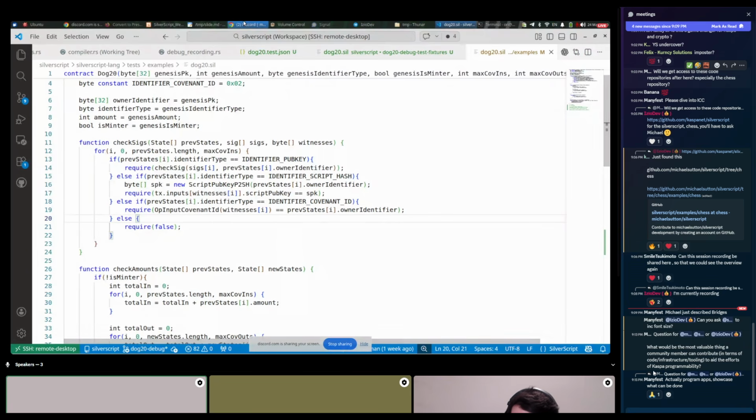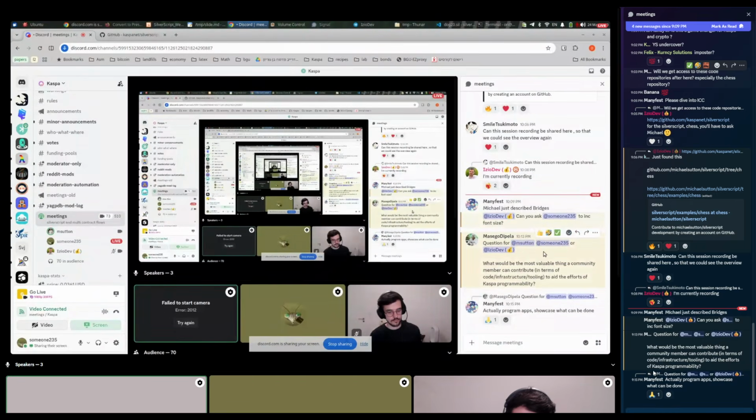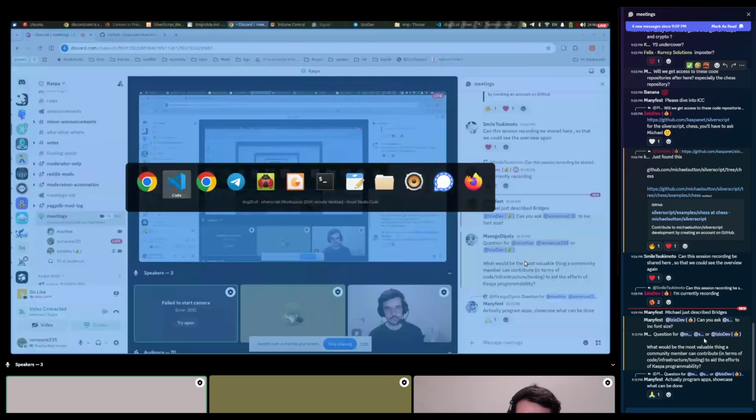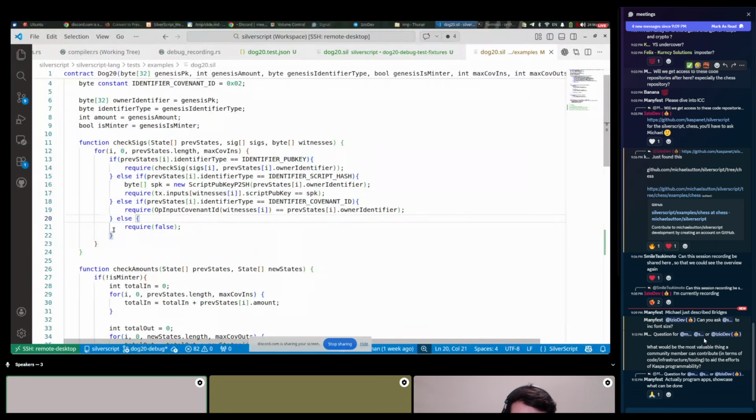Like in ZK, if you need, for instance, to compute the square root of a number, the square root algorithm is relatively complex. So instead, an external entity can give you a witness of the square root value, and you only need to verify within the ZK circuit that if you apply power of 2, if you multiply that hint by itself, it produces the original value, so you're good. So this is kind of the same. You want on-chain scripts to get hints and not need to do a sweep.